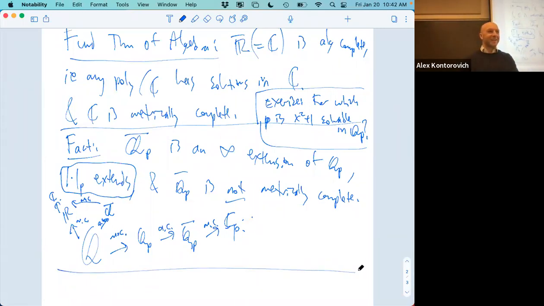But okay, let's say I already know how to get the C_p going. Then that gives me a norm on Q bar, which I can just take out of the back of my head and put on Q bar. So if so, do I get C_p? C and C_p are isomorphic as fields. True, these two guys. But of course, their structures are completely different. If you take C_p and pull that norm back to Q bar and then start doing the completions, you will get back the same C_p.